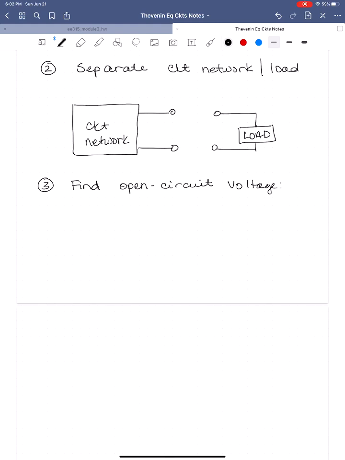It's called the open circuit voltage because we're finding it across the terminals that we've just opened from the previous step. So there's our circuit network, and these terminals that we just opened, we are going to label a voltage VOC, the open circuit voltage. So it's the voltage that exists